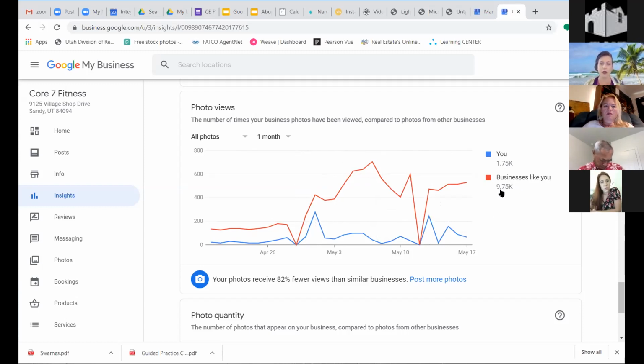Which doesn't worry me too much because obviously I'm competing with fitness places, so I compete against a lot of those big box gyms, but I like to just track and see what kind of traction my photos are gonna get. So once I'm here,